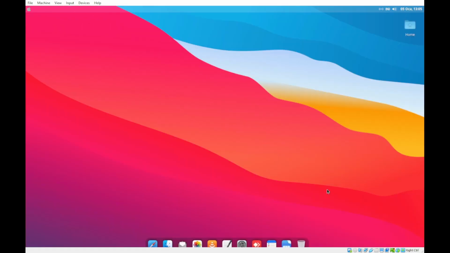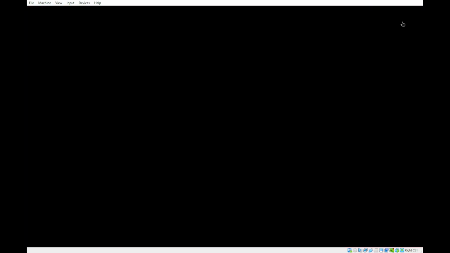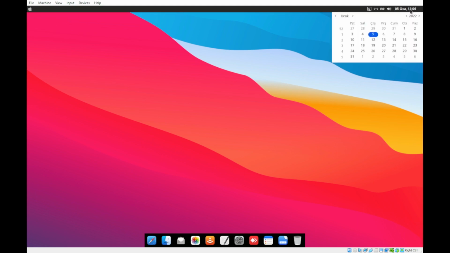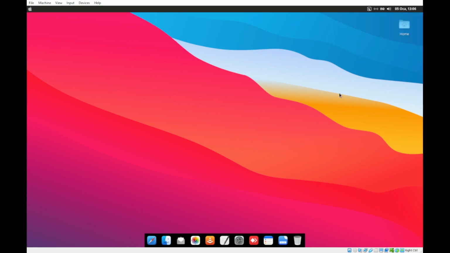It's currently not responding properly on my VirtualBox. Okay, so it's already stable now. So we have here the time and the date. You can actually change the time and the date. Currently I forgot what setting this was on the language settings that I selected. But I'll try to change it later so that at least you guys can also know how to change the time zone. So this is actually its desktop, and you can also see the dock here at the bottom,